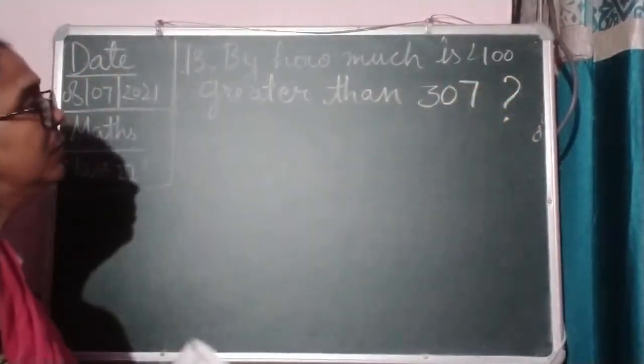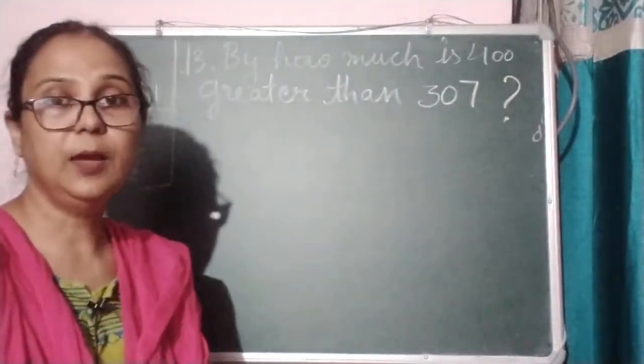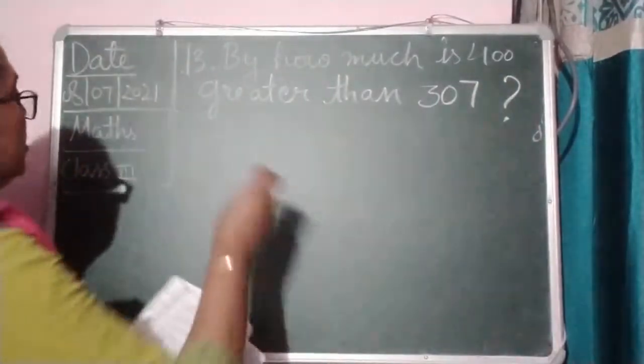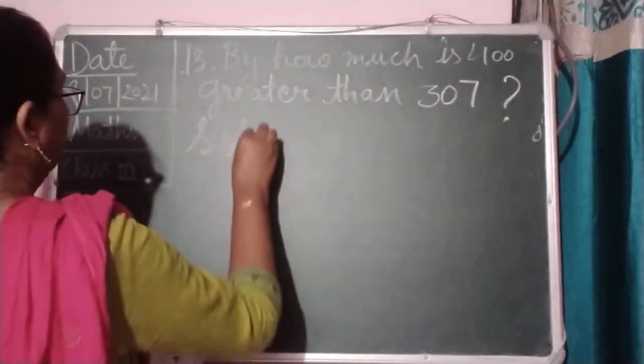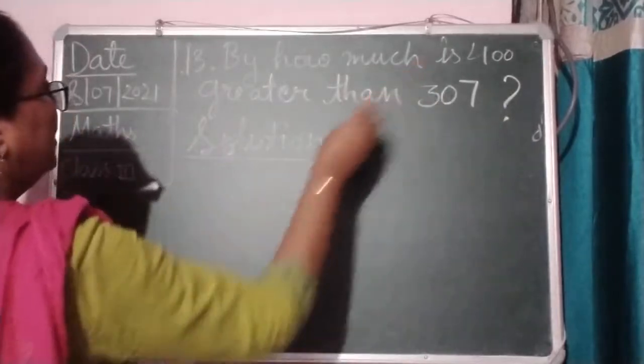Question mark. Yes, 400 is greater than 307, but we have to prove it. So solution, how can we do this? We just subtract